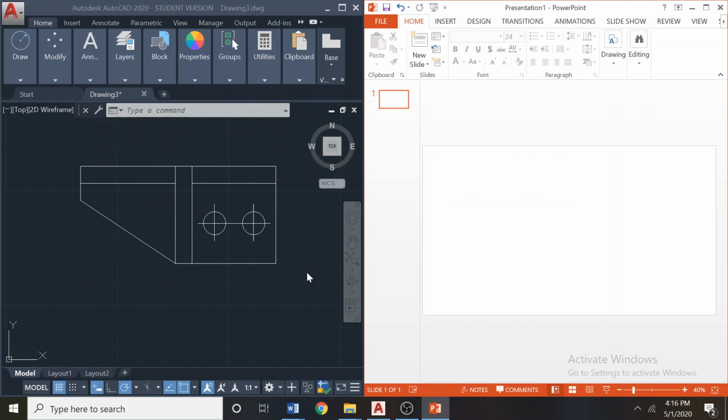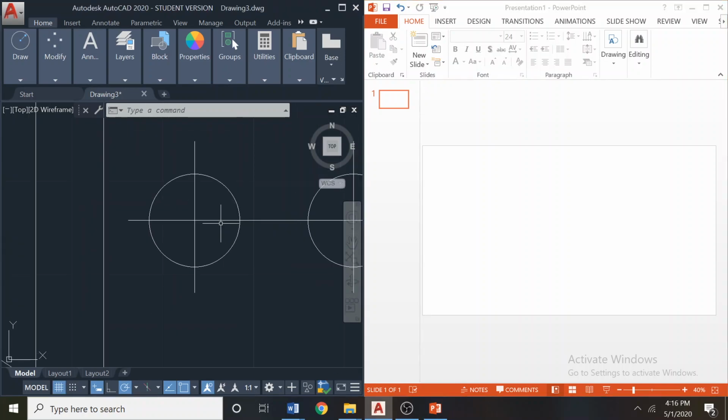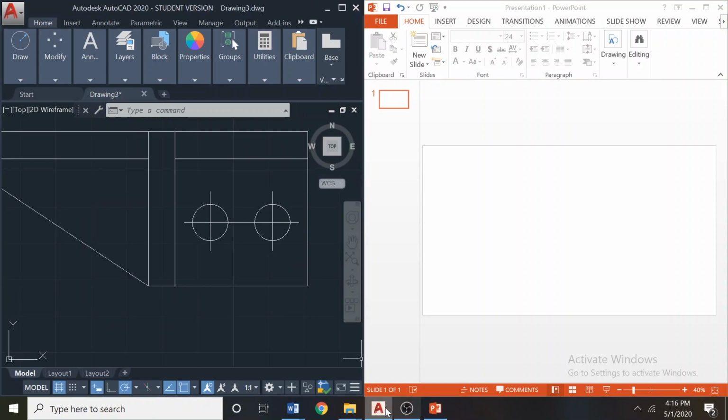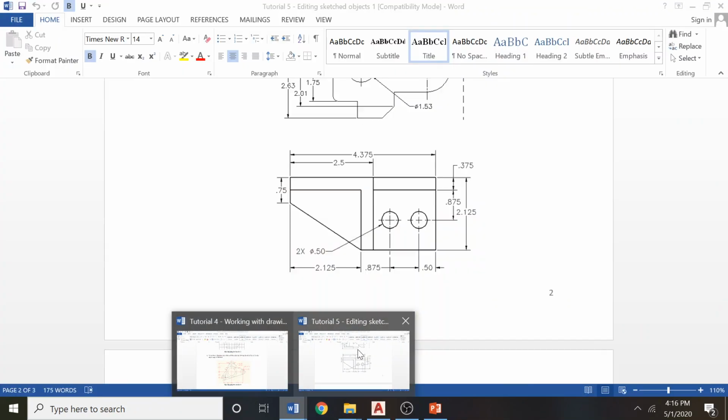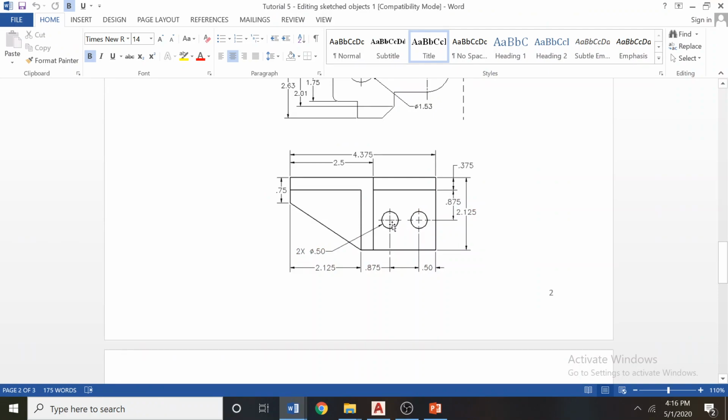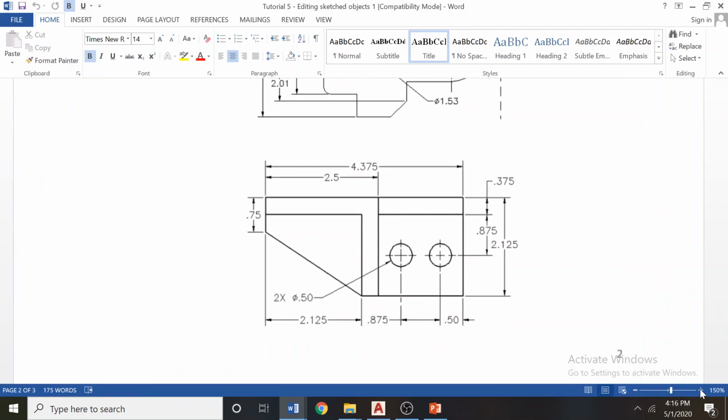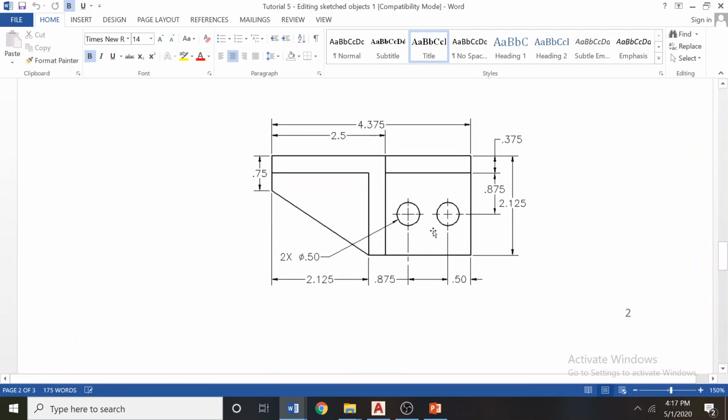Last time I did this tutorial, so we have to... I'll show you the tutorial. So we have to make these lines center lines, and we have to break this from here. So how can we do those operations? Is the next question. So we look at how it works.